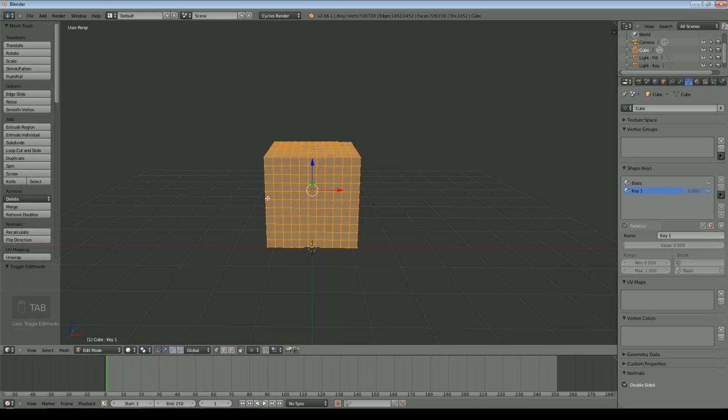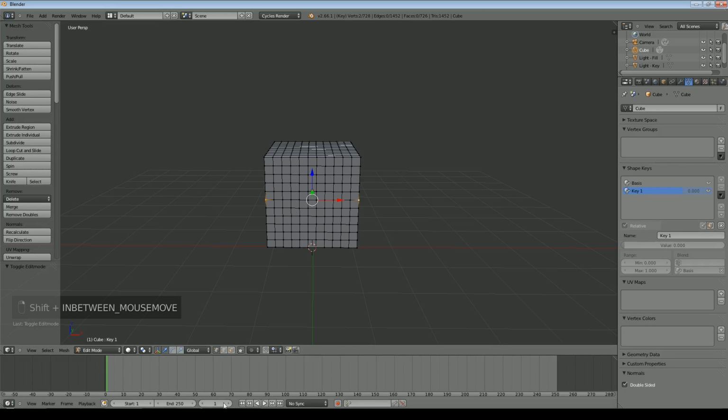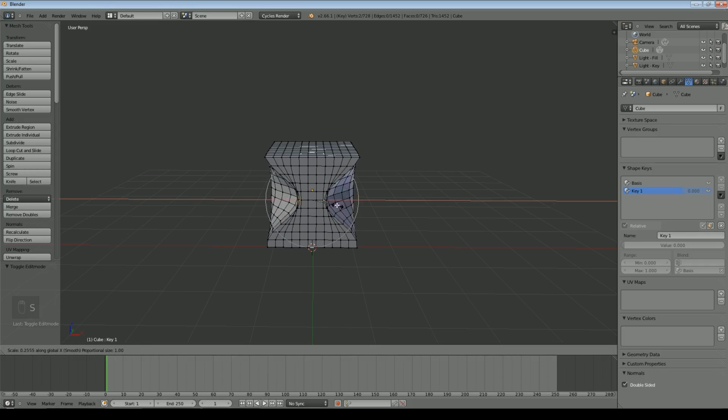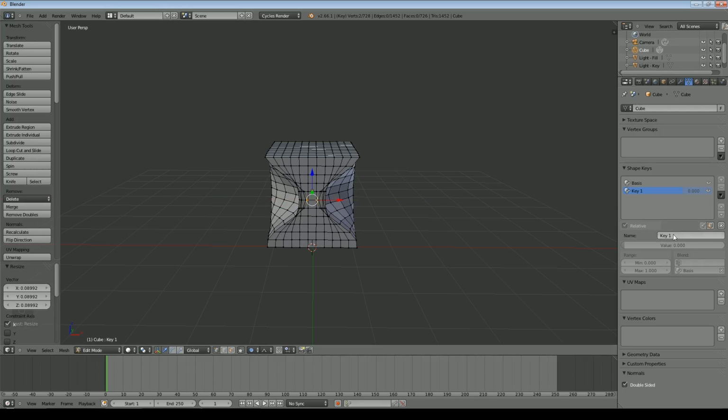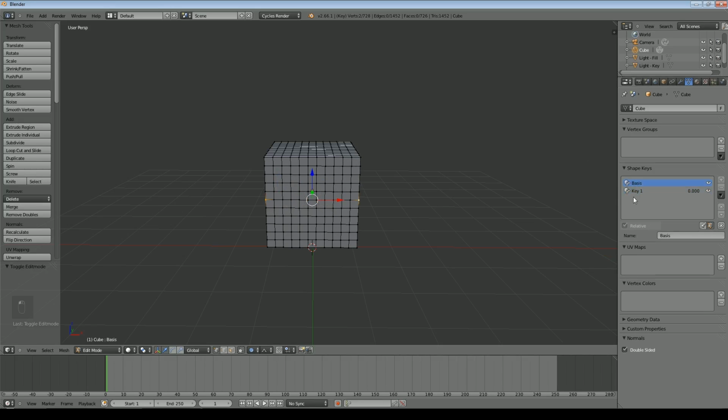I can go into edit mode now, and let's say I select these two vertices. I've got proportional editing selected, and I scale that on the X to something like that. And that now is that shape key, and you can see that I needed to turn that on so that it would work in edit mode, and we can see there's a value here, and as we turn that value up and down, that shape key transitions from the basis, which is no deformation, to the shape that I added. You can increase that between the values that you put in here.